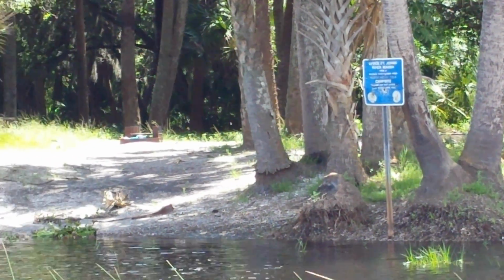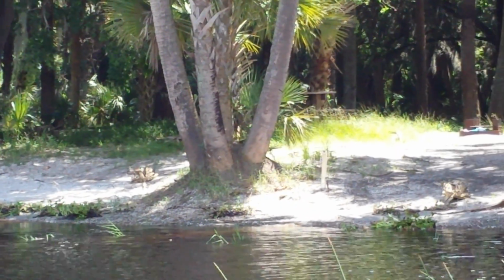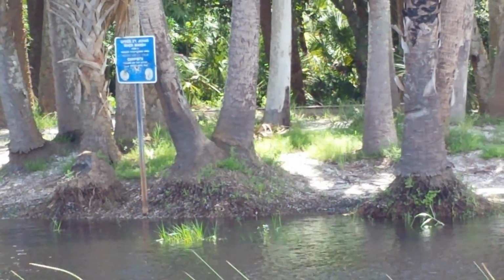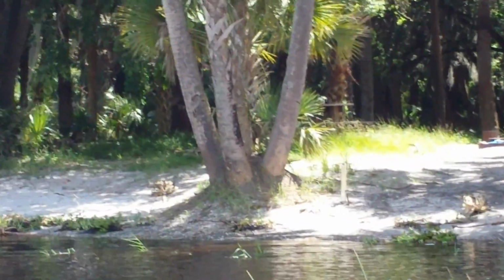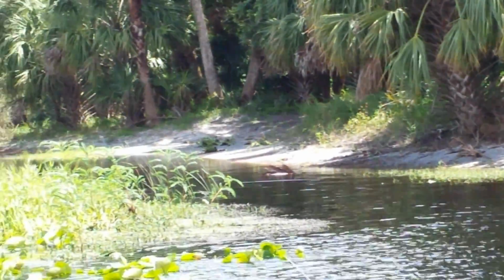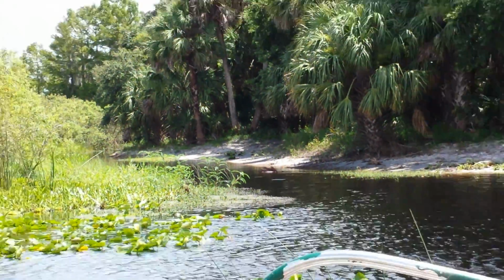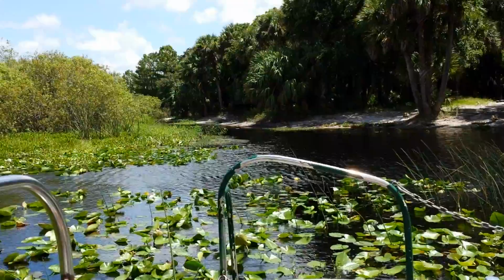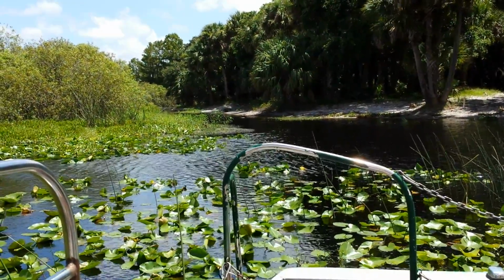So how much land is there? How big is it? The island's only like 2 to 4 acres, somewhere in there, maybe 5. It used to be a little bigger, but there's a lot of erosion that's gone on in it over the years, especially with all the boat traffic that we have coming through here and things like that. Does everything live on the island? Not just on the island. Behind here, there's a lot of